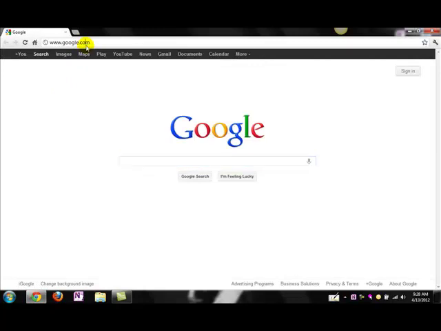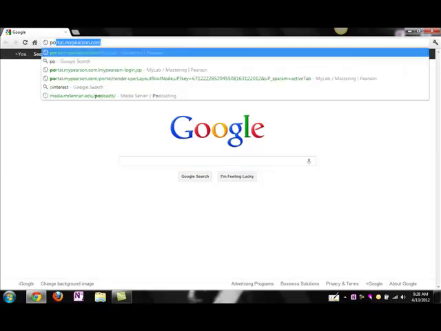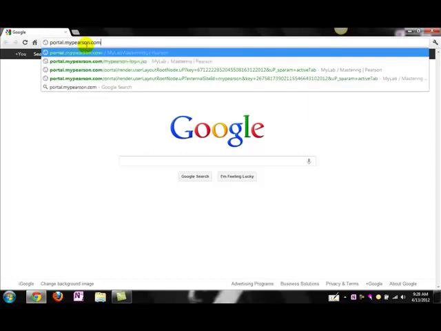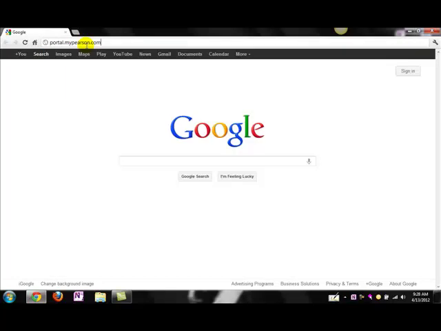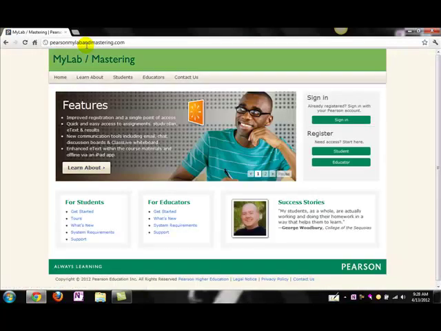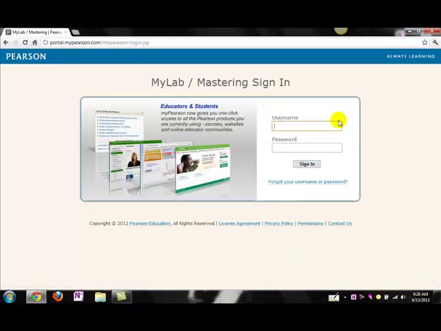Go to the top. And at this point, you should be able just to go into Portal, mypearson.com, and hopefully that'll take us to the sign in. Well, that's still not the page I wanted. I wanted the next page. And then we will put in our